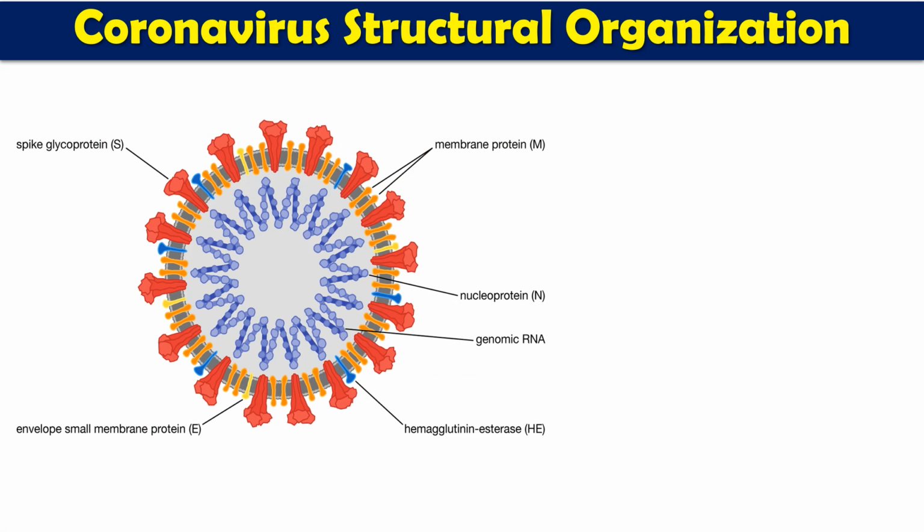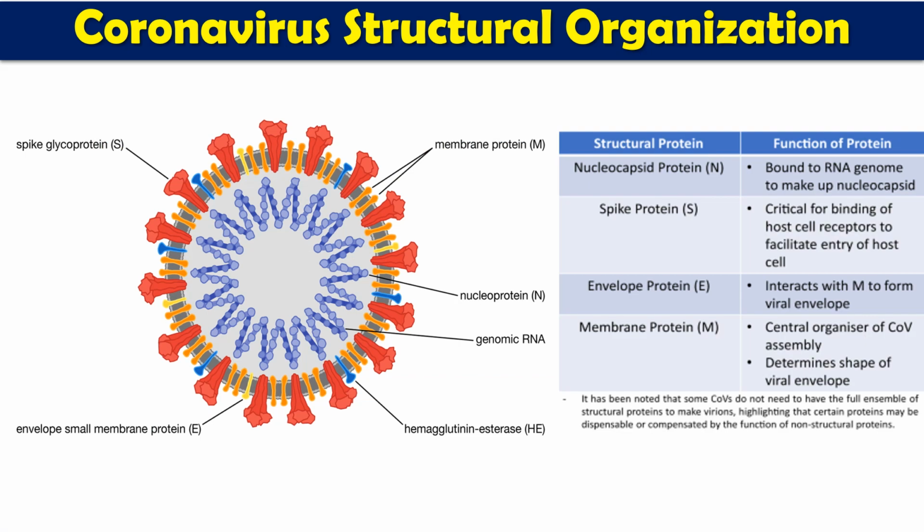We have many different spike proteins or other types of proteins. Among them, the main proteins are the spike proteins, M proteins, nucleoproteins, and E proteins. So these are the different important proteins. Every protein has its own function. The main protein which helps this coronavirus enter into the host cells is the spike protein, S protein, which is here. So this spike protein helps coronavirus to enter into the host cells, or in recognition of the host cells.